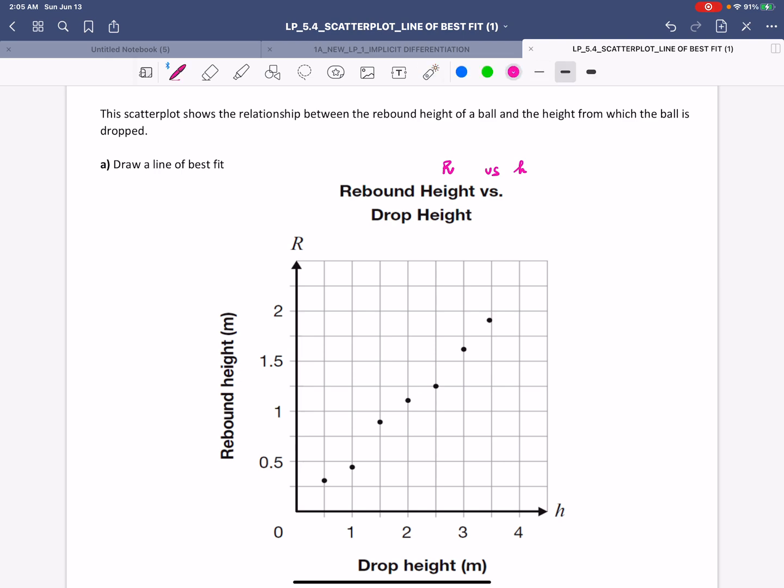And if I were to draw the line of best fit, which I'm going to do right now, I will try to draw a line that is closest to all the points on the scatter plot. And I see that this is not a very good line of best fit because I have a lot of points below the line. I have a few points that have touched the line, 4 of them, but there is 3 that are only on one side of the line. So I am going to make an attempt to change the position of the line so that the line is closest to most points